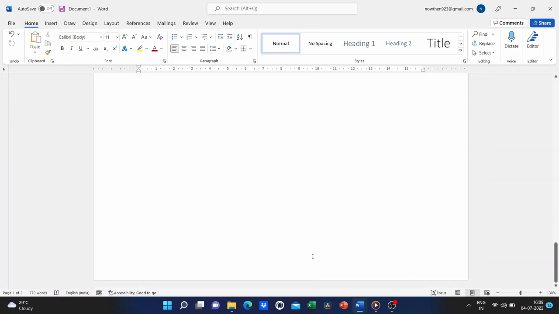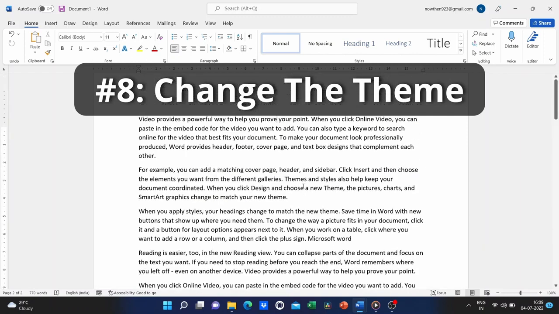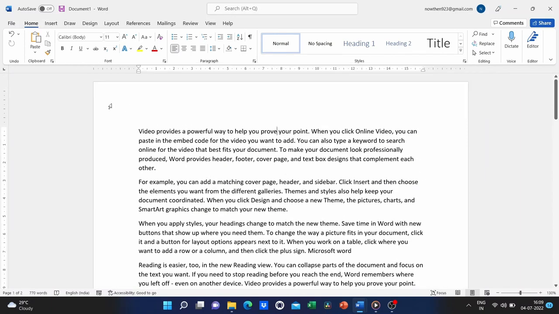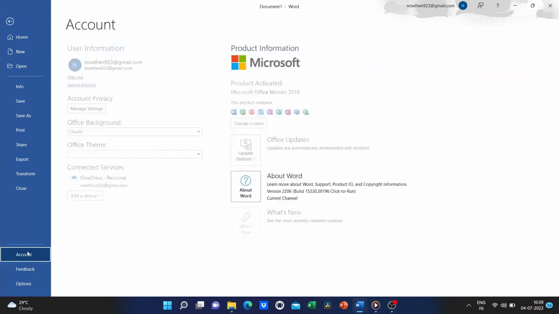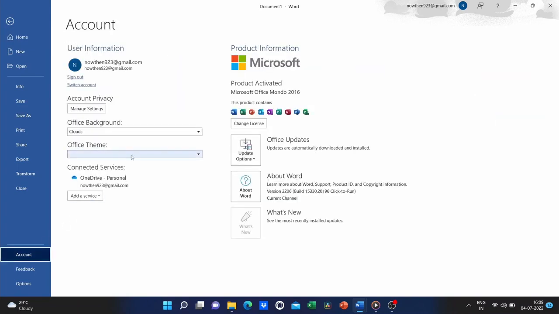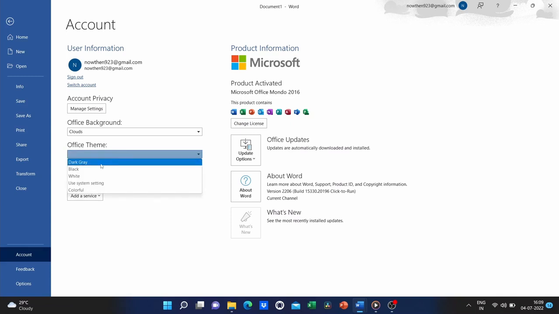The next Microsoft Word hack is that you can change the theme of Microsoft Word. If you like the way it looks with lots of white and gray and some blue, that's fine. But you could also go to File, and then Account. And then here it says Office Theme. Use System Setting.